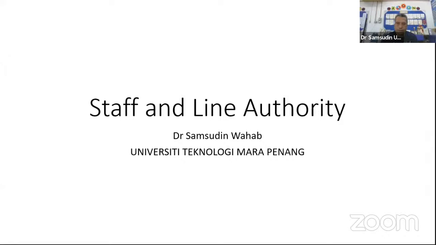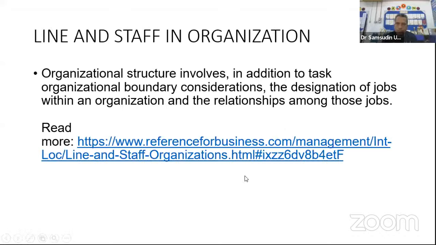In slide number 2, in this organization structure, sometimes there is a border. That means worker A and worker B, or staff A and staff B, are not doing the same thing. There is a border. There is a different task between person A and person B.